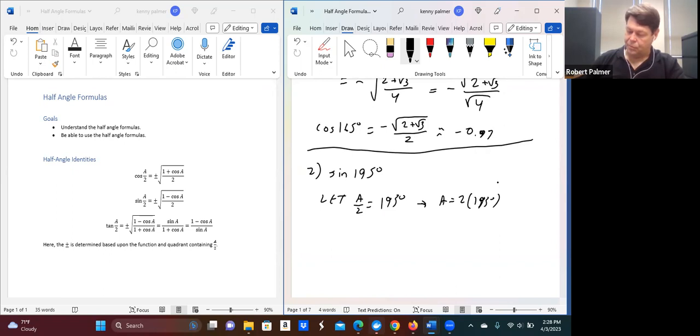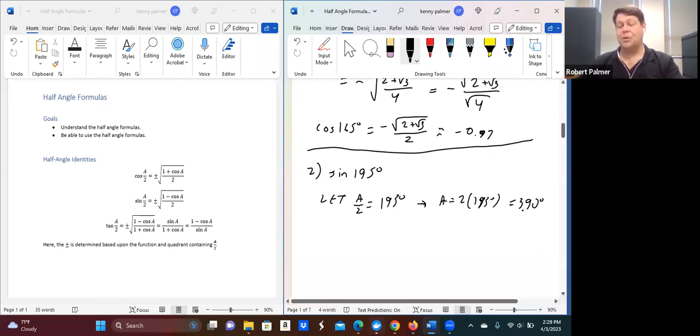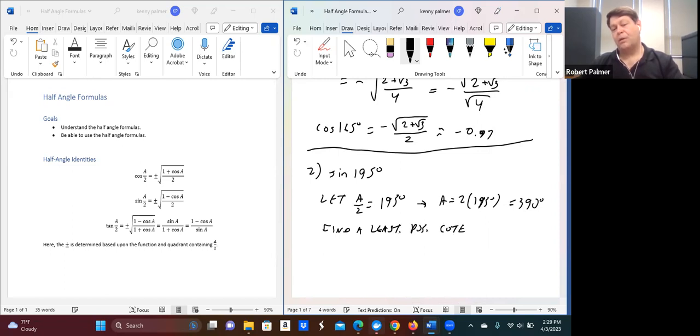And that's going to be 390 degrees. Now, you notice that is obviously greater than 360 degrees. So let's find a least positive coterminal angle. So we can use unit circle values, okay? So to do that, then just take 390 degrees minus 360, and of course that's just going to be 30